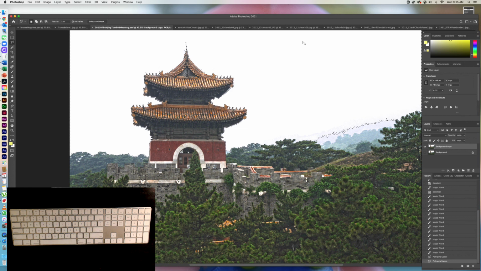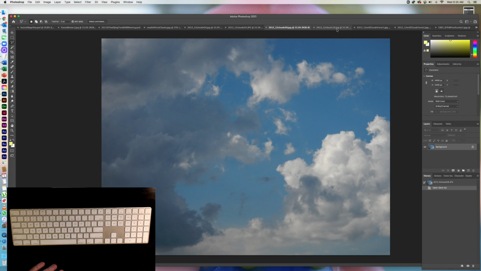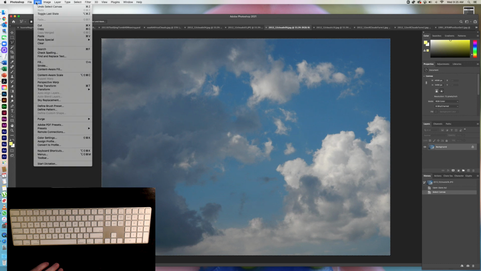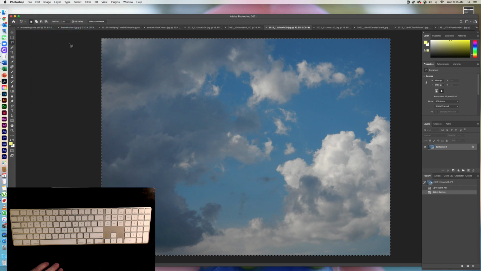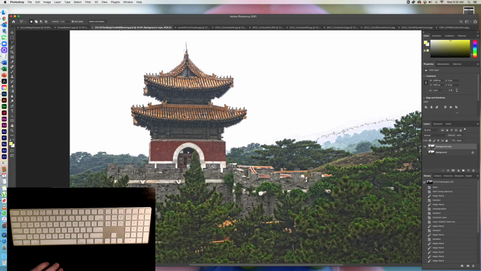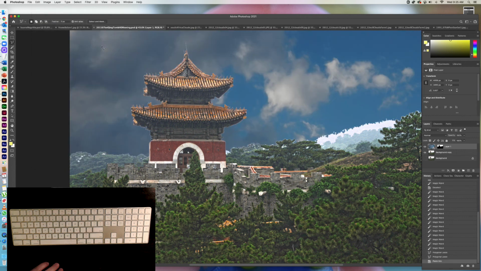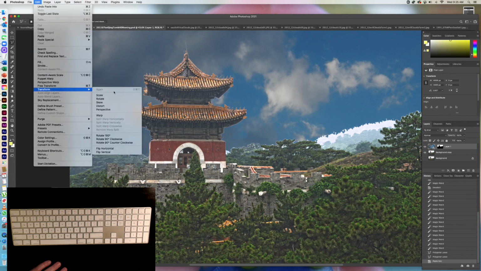so what I'm going to do is put a blue sky in here. Now I'm not going to go crazy with the cloud. Well, I could try going crazy with the clouds. Let's just take a look. So I will select all. I will copy. I will go back to the HDR. I will say edit, paste special, paste into. And then you can see there, if I go to edit and transform and scale,